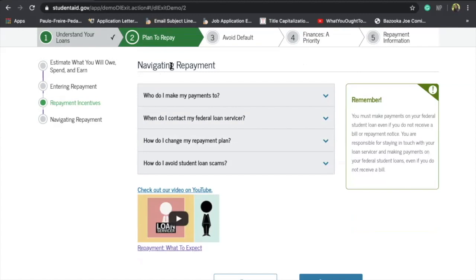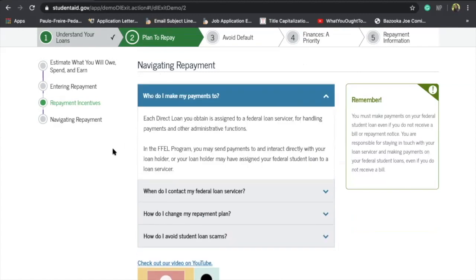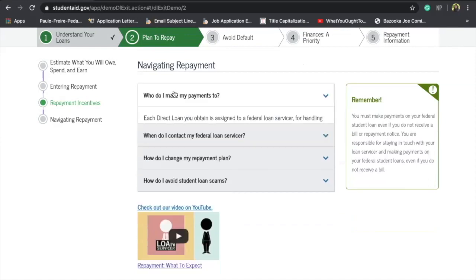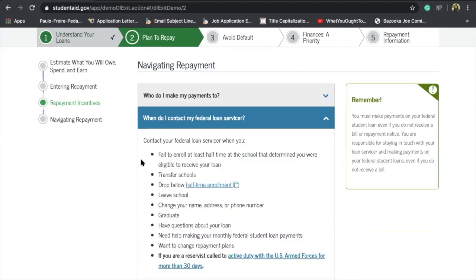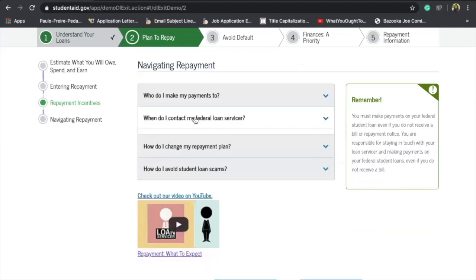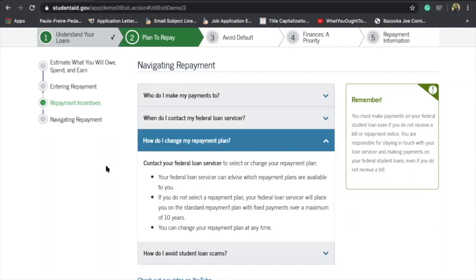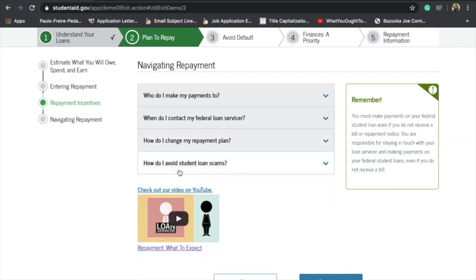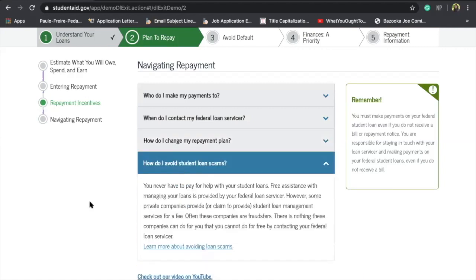Navigating repayment, again, really good questions. Who do I make my payments to? It'll depend on your federal loan servicer, so contact your federal loan servicer. When do I contact them? For most of you, it will probably be at graduation time. If you're watching this, it'll probably be because you're graduating. But there are lots of other reasons you may have to start contacting them to get ready to pay back your loans. How do I change my repayment plan? Again, contact your loan servicer and work with them. How do I avoid student loan scams? So